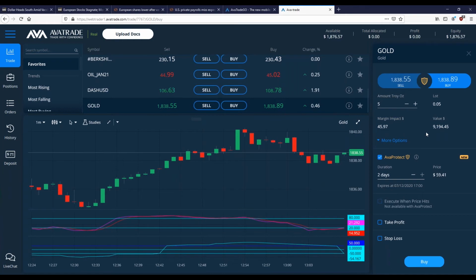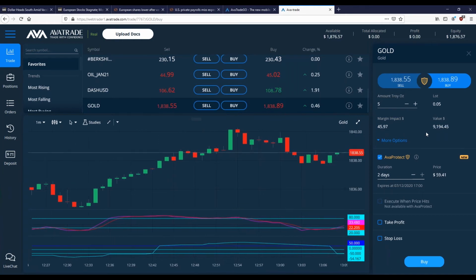If it goes the wrong way and I lose, gold could go $100 an ounce the wrong way within 2 days. And if I had 5 ounces, I'd be down $500. I would get all of that added back when the protection ends, if that was my negative floating on my open trade. And then I could let the trade keep running. I would only be down the premium. So very cool feature for longer term trades. And also if you're scalping, short moves, 6 hours, 3 hours, 1 hour, etc.